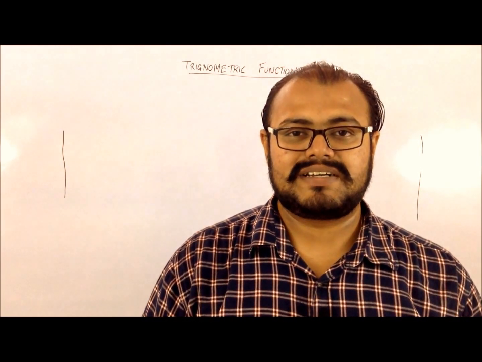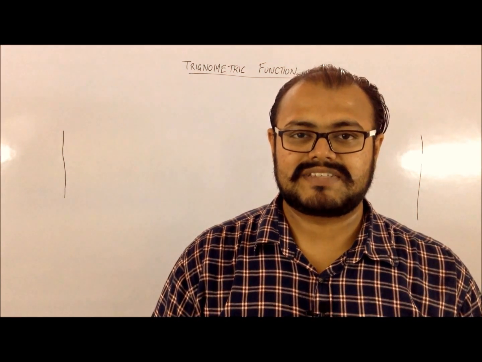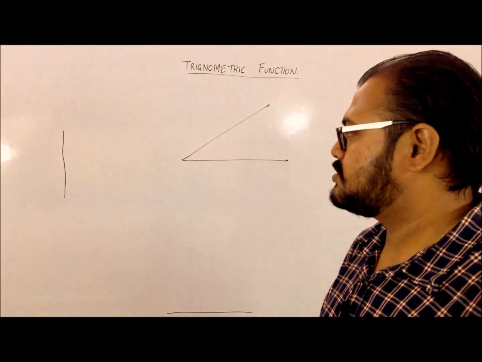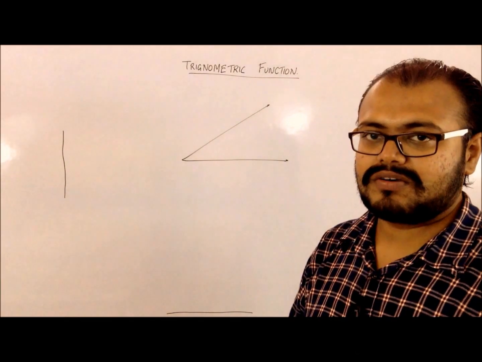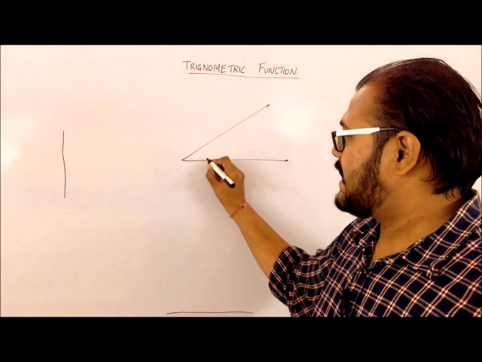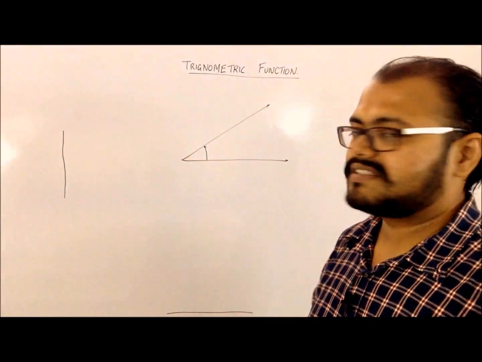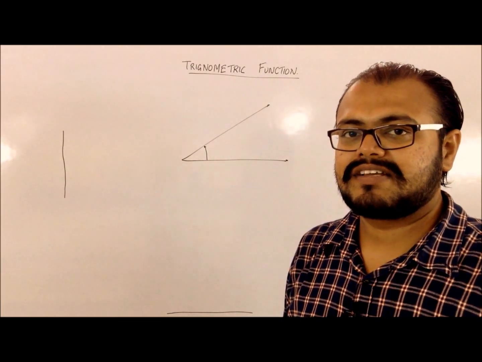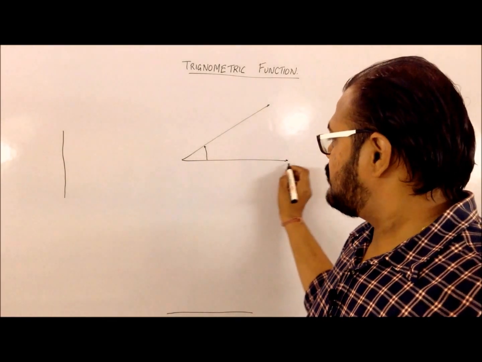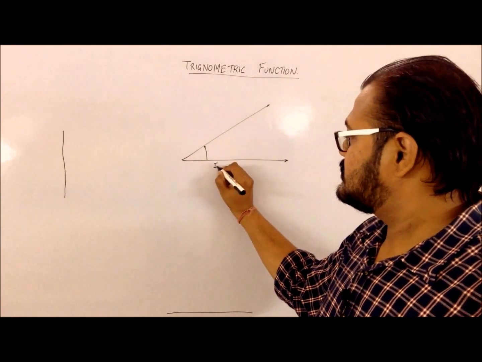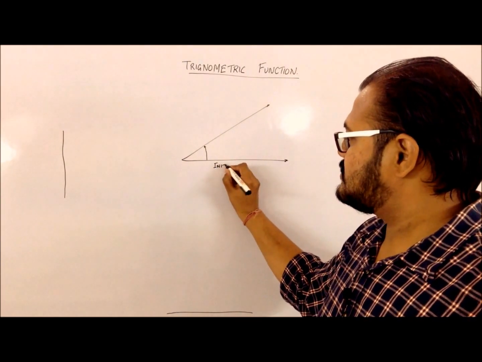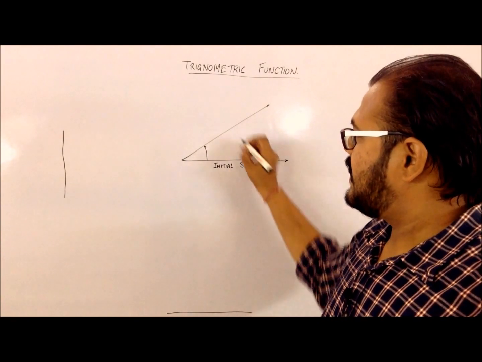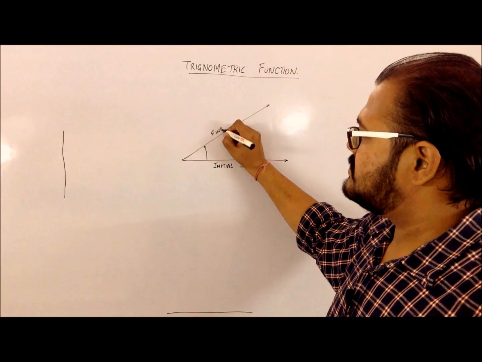To begin with trigonometric functions, we have to understand something which is called an angle. An angle can be defined with the set of two rays which are drawn like this. The angular displacement or the angular distance between these two rays is nothing but the angle. This ray forms the initial ray or the initial side, and this forms the final side.